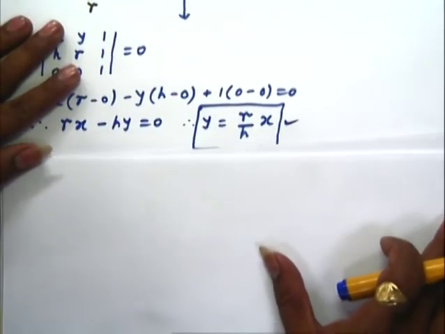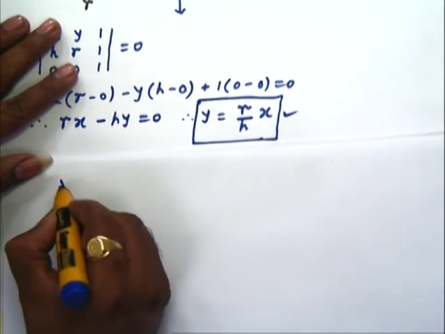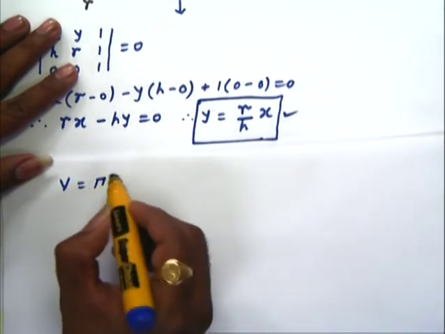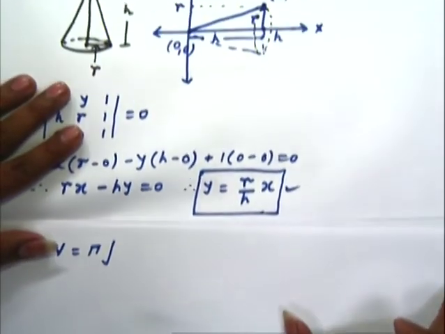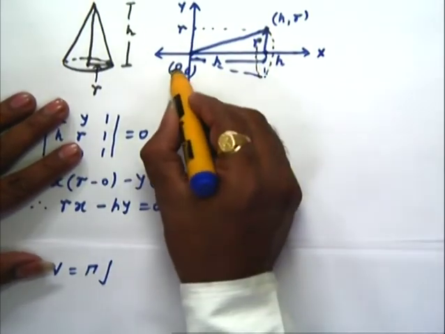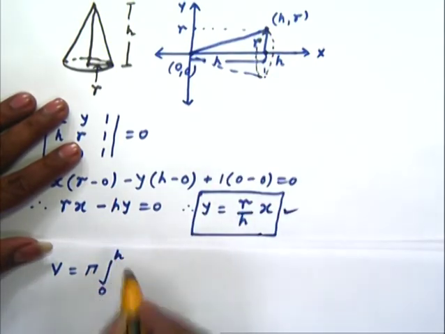Now we know the formula to find the volume. Volume V equal to pi integration from 0 to h,